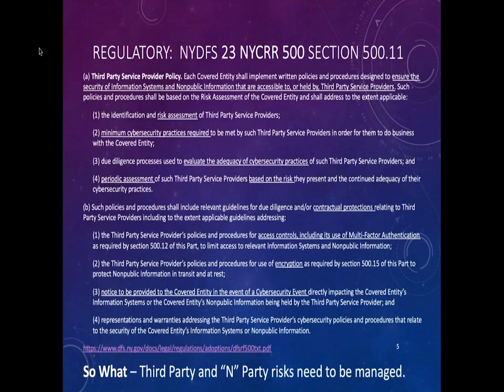What do you have to do as part of NYDFS? Just a couple things. You've got to have a cybersecurity program. You have to have a policy. You have to have someone who's accountable for this. In other words, you have to have a CISO. Qualified resources and staff. You have to have an incident response plan and the ability to notify impacted parties within